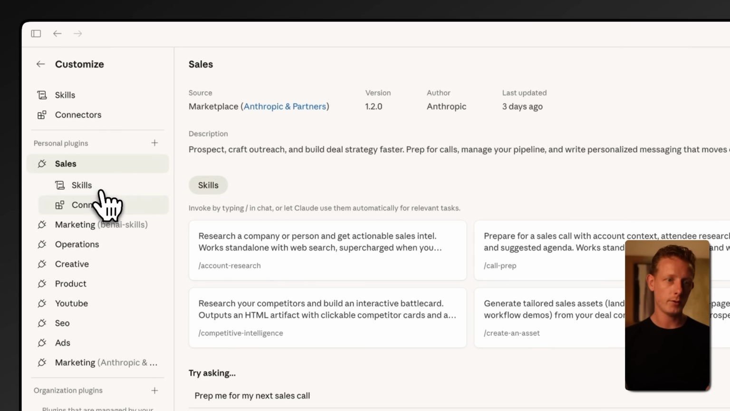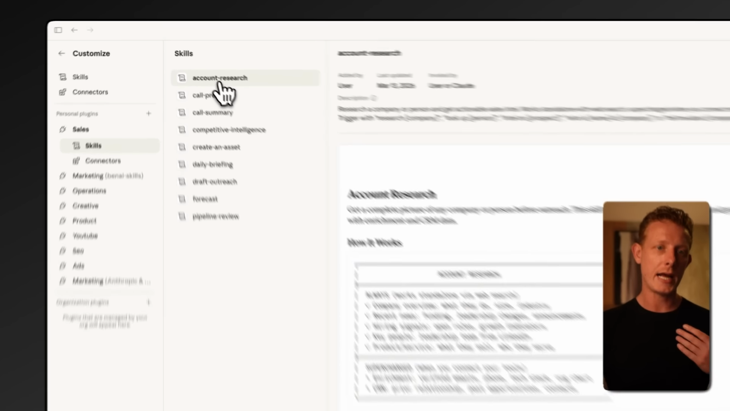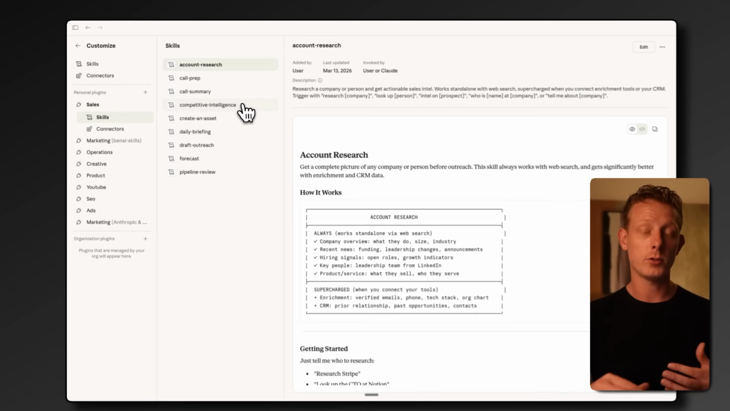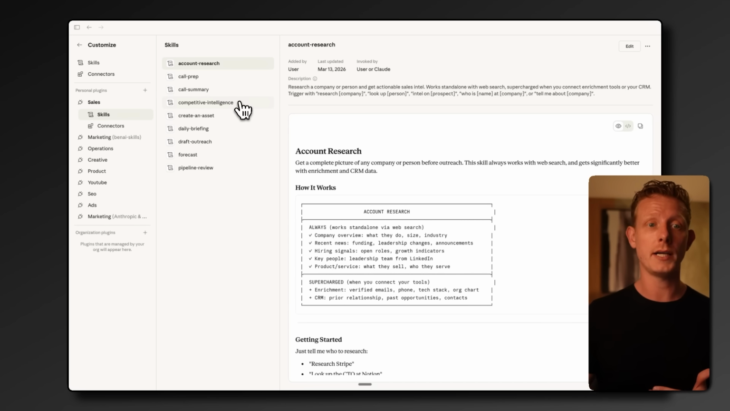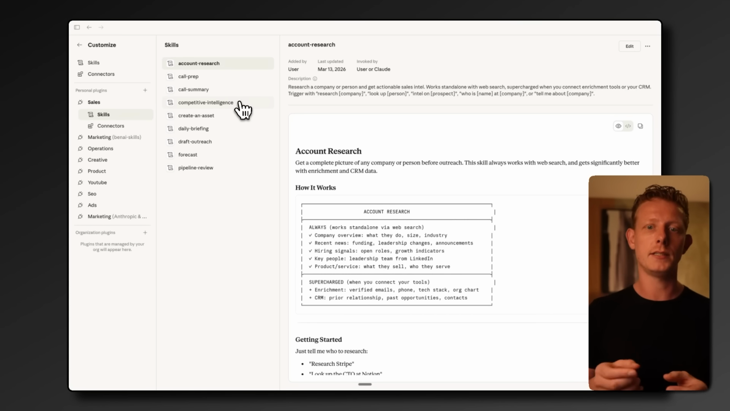You'll now have the Anthropic sales plugin, and they'll already have some skills prepared for you, like the account research, the call prep, call summary, competitive intelligence, etc. Now, some of these are useful, especially if you start customizing them, which I'll show you later. But as these tend to be more generic, the real unlock is building or customizing these for your own specific